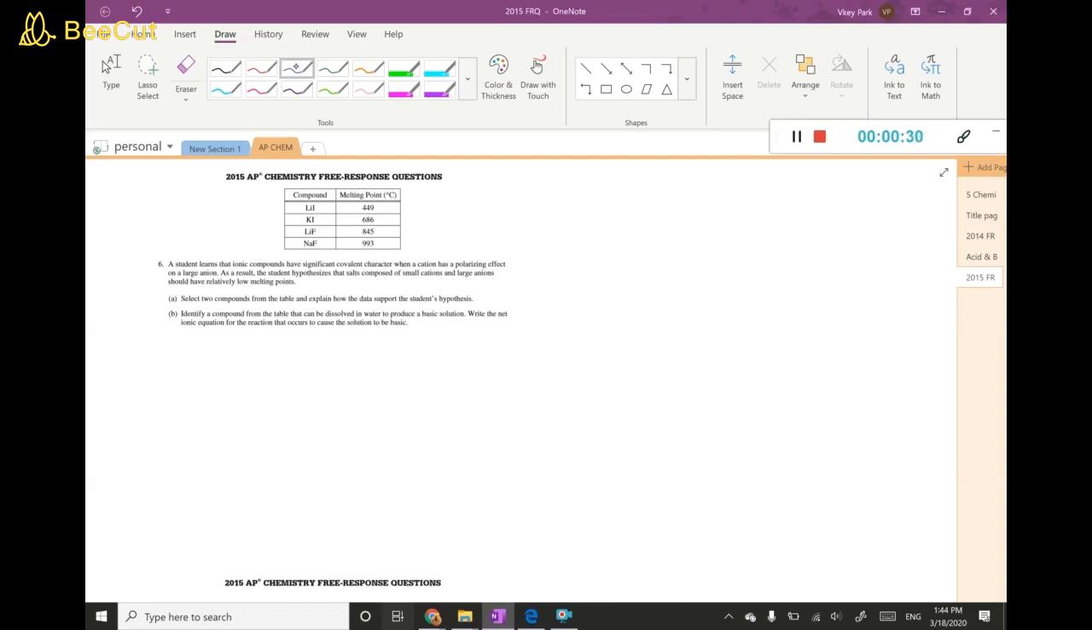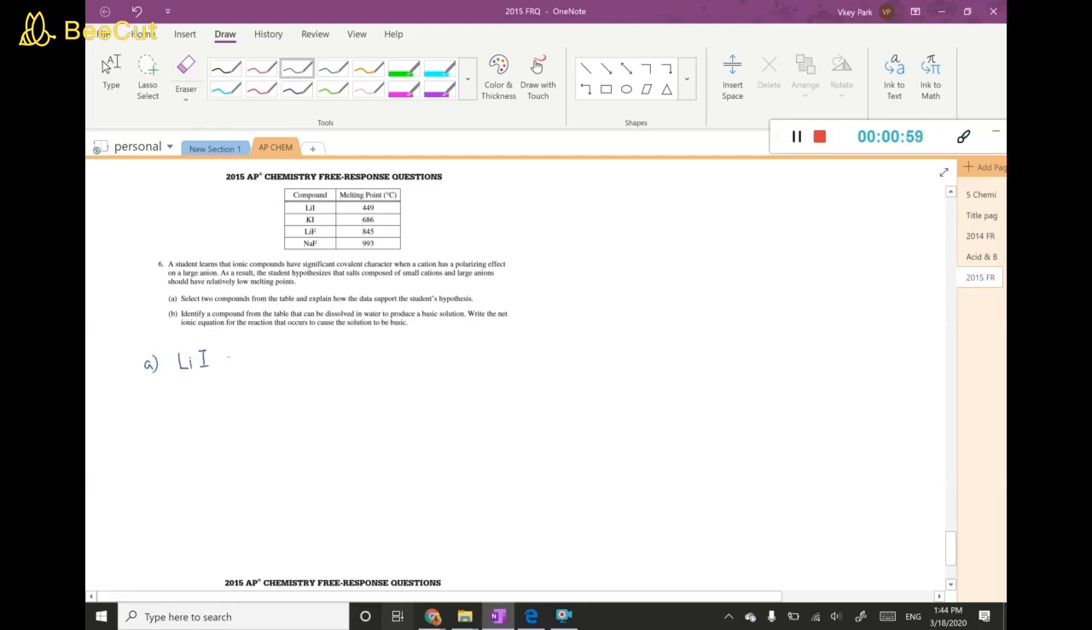So, okay, we are trying to figure out if the student's hypothesis that salts composed of small cations and large anions have relatively low melting points. So, which one is small? Lithium is smaller than potassium, right? And then iodine is larger than fluorine, right? So, we would be looking at, for instance, if I am looking at